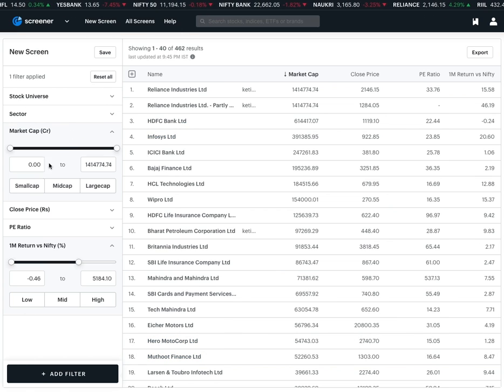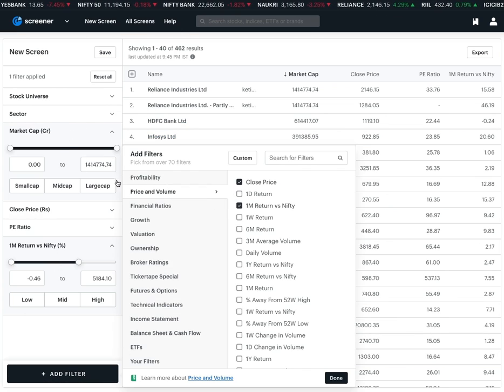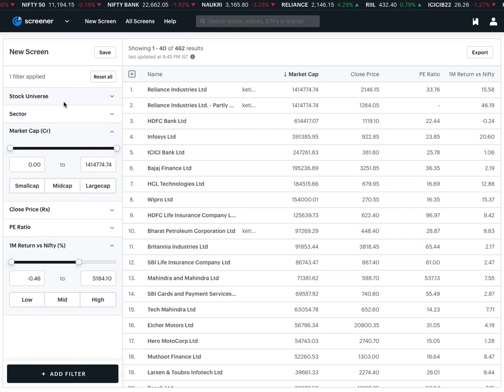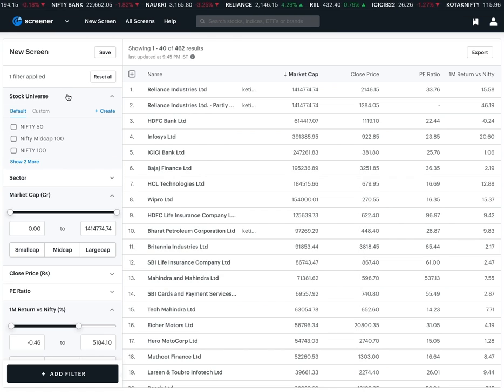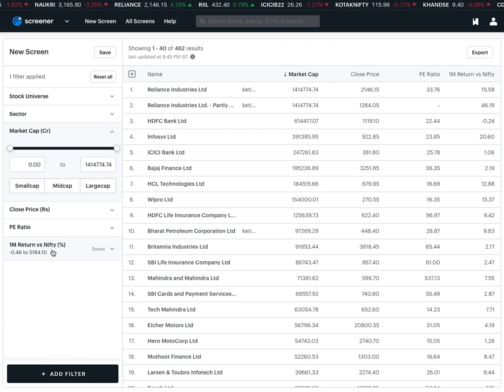There are different kinds of filters as detailed here, and there are sector selectors and stock universe selector as well if you want to restrict your result set to a particular list of stocks. And like we discussed, you can export your results as well if you want to do any offline analysis on your screen results. So that was a very brief recap, but as I said, if you want to go through whatever we discussed in the last webinar in detail, please go and watch the fourth episode in this series. Alright, so let's start.